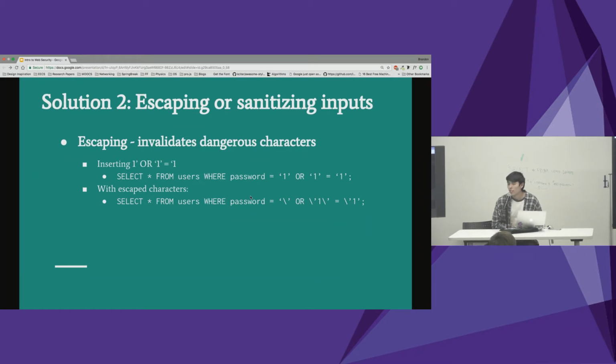So yeah, the second solution is escaping or sanitizing inputs. Now, what does that mean? Escaping inputs means that when a user sends you data, let's just say it's a string of characters, and you need that data to perform some kind of SQL query to your database. Before you do that, you want to convert that string in a way that encodes potentially dangerous characters into escaped